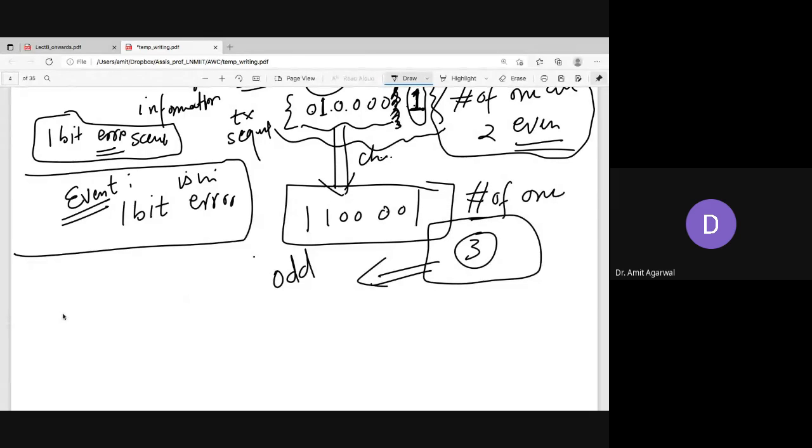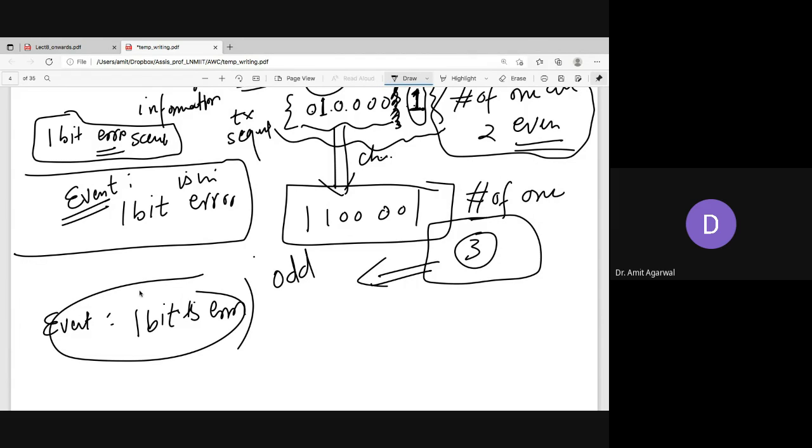So you can say that an event has occurred, which is that one bit is in error. At least one bit is in error. Can you say that by counting the number of ones at the receiver? Yes, sir. So how intelligently you have put some redundancy, but in an intelligent manner, which you exploited at the receiver, and you said, sir, I have detected this event. You, as a receiver agent, detect that at least one bit is in error,